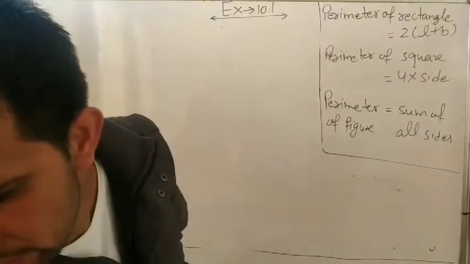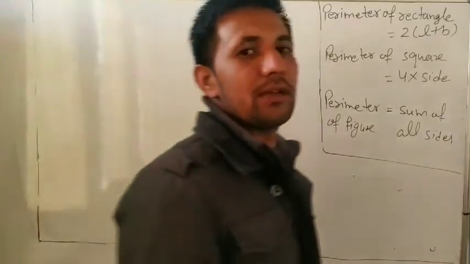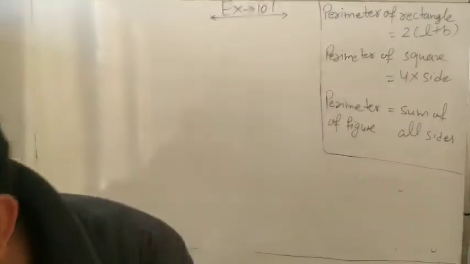Question number 7. Find the perimeter of the triangle. You can find it yourself, the same as the previous question. Now question number